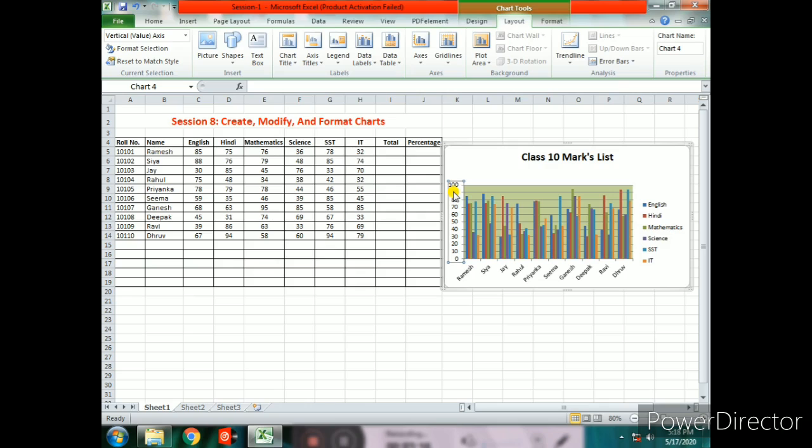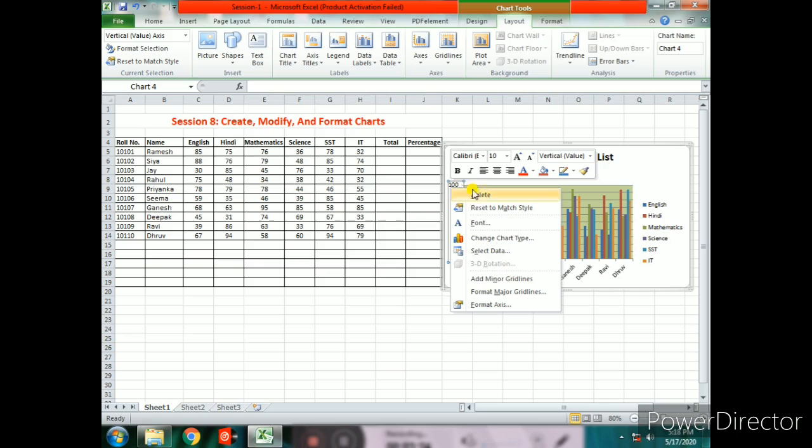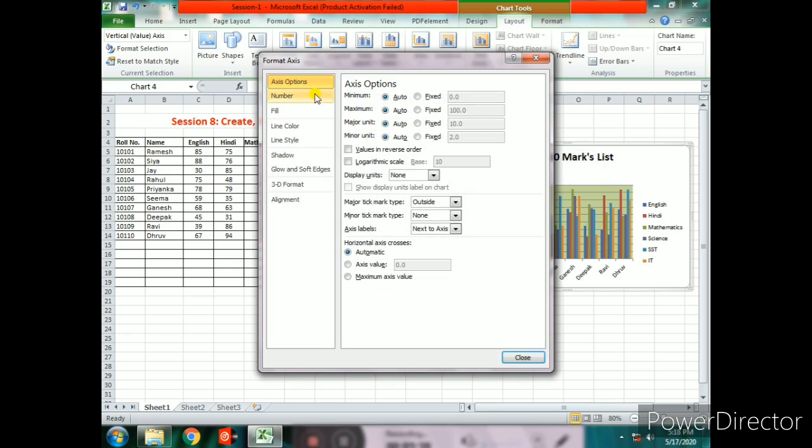For that, first of all, we have to select the chart and then point the mouse at y-axis and right click on it. At the bottom we have format axis. Now we have so many options: axis option, number, fill, line color, line style, shadow. We can change these as per our requirement.